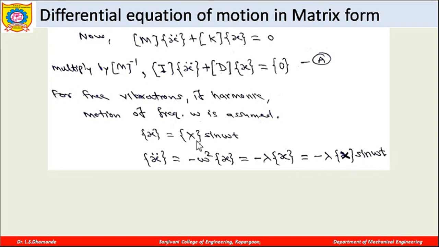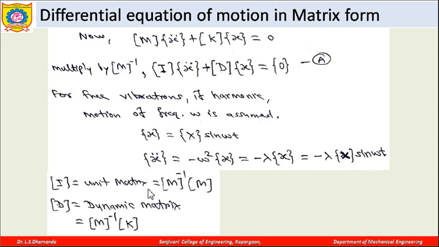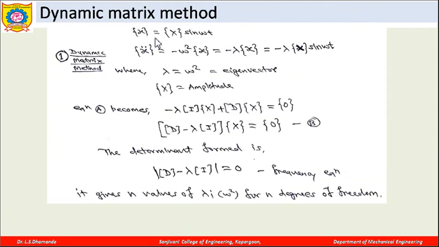Here I is a unit matrix, which is the multiplication of m into m inverse, and D is a dynamic matrix, which is m inverse into k. Now I make this substitution: x as X sin omega t, and x double dot as minus lambda X sin omega t, where lambda is nothing but omega square, which is called the eigenvalue,